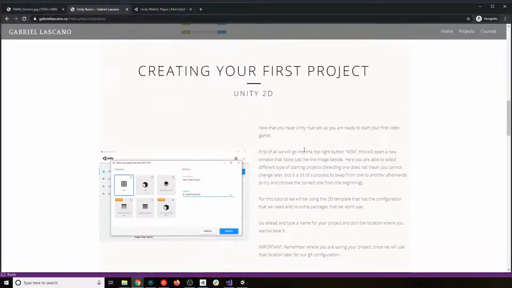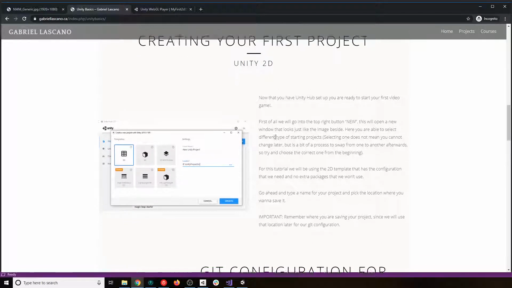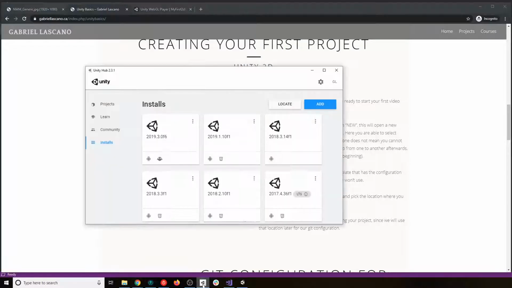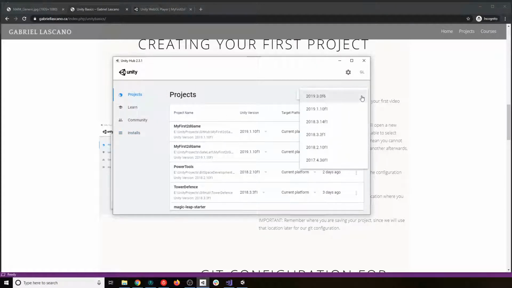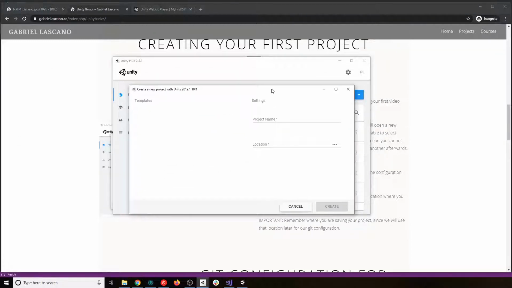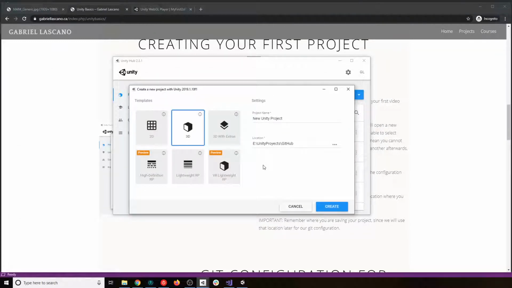Okay, so now let's go into what really looks interesting, and it's creating your first project in Unity. So when we are going to create a project, I'm just going to go ahead and do so you guys can see how the process is. So I will go to projects and I will go ahead, click new, and I'm going to say I want to use this version. This will generate this little window here, and this is something pretty cool from Unity, and is that, well,